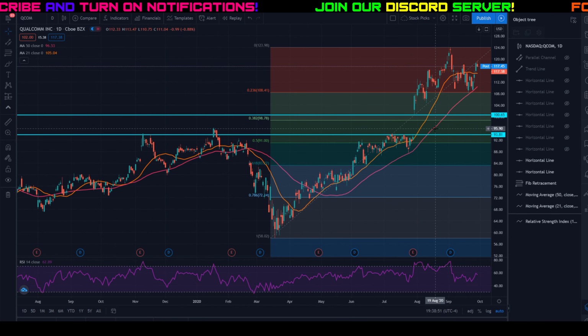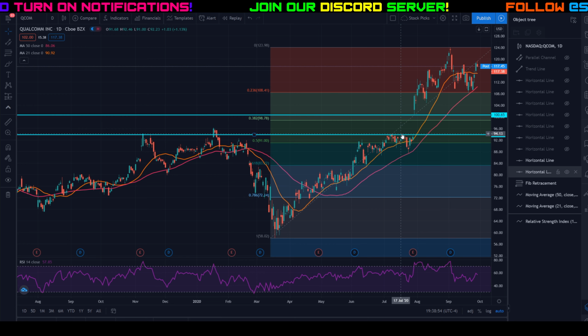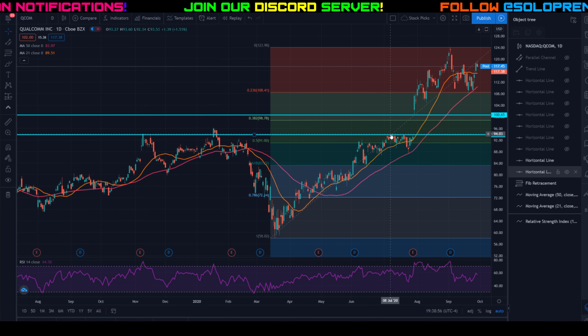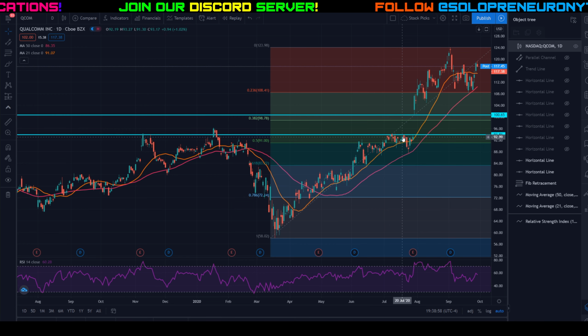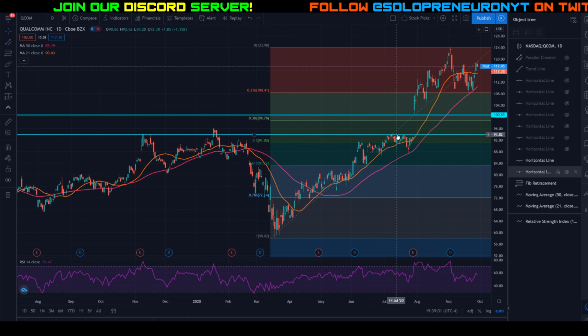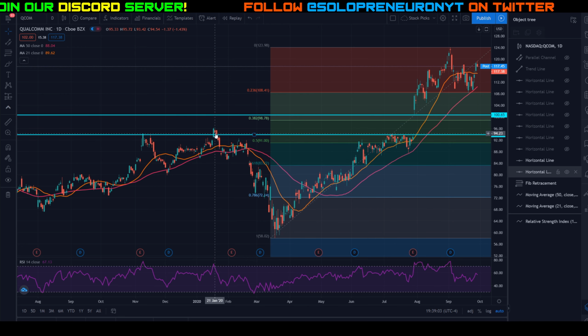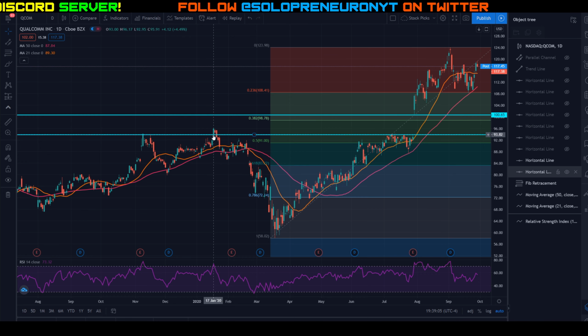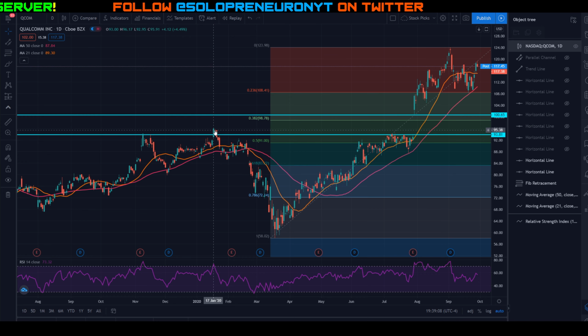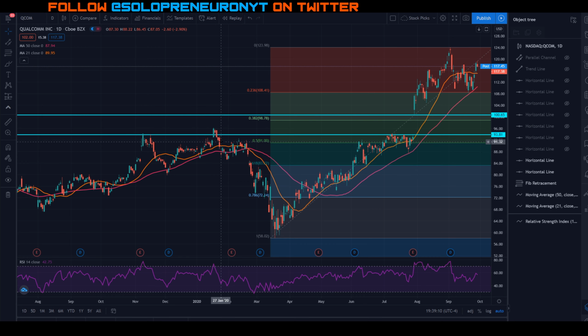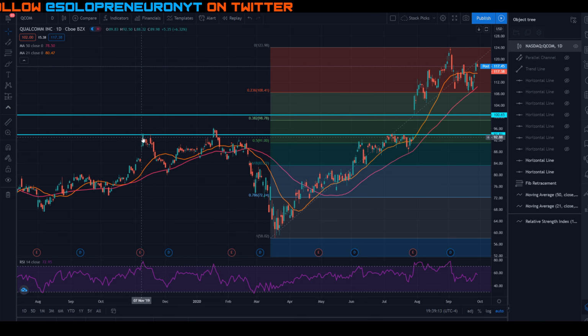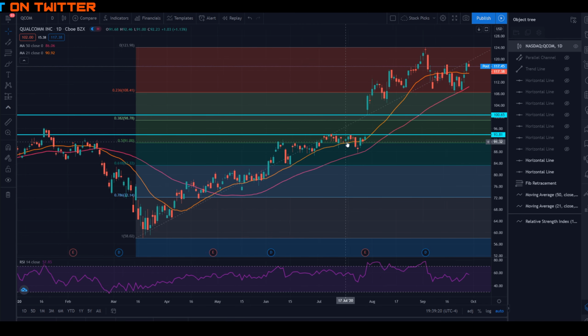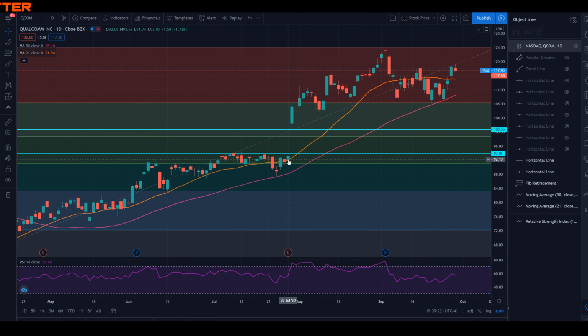Now, the interesting thing is this 94 level is also an area of resistance, because as you can see, trading days back in early July and also end of July have bounced off to the downside of 94. If we go back in time, back in January of this year, it was also an area of resistance. We kind of broke above it, but then 2 days right after we sold off right down below it. And then also again back in November of last year, so almost a year ago, it seems that $94 was a strong area of resistance for quite some time. We finally gapped up above it this year, but it's going to act as an area of support now that